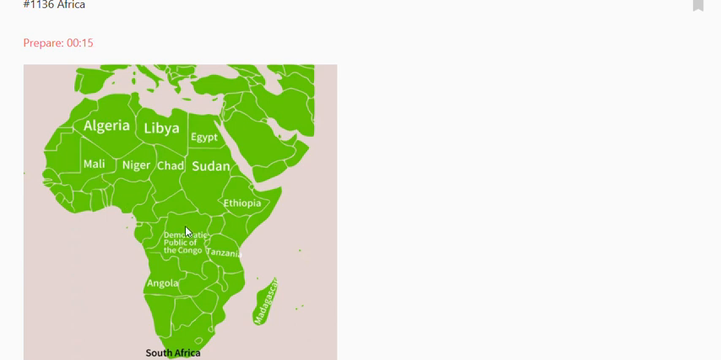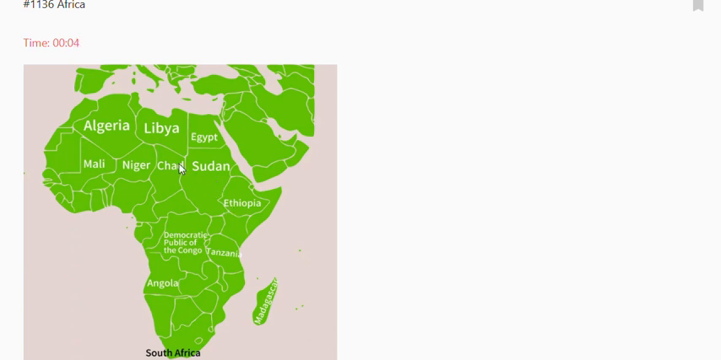Okay, here we have a map of African continent. Sudan, Algeria, Libya. Looks like Algeria is the largest country. Sudan is